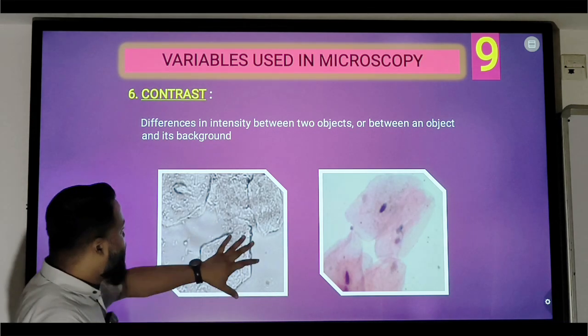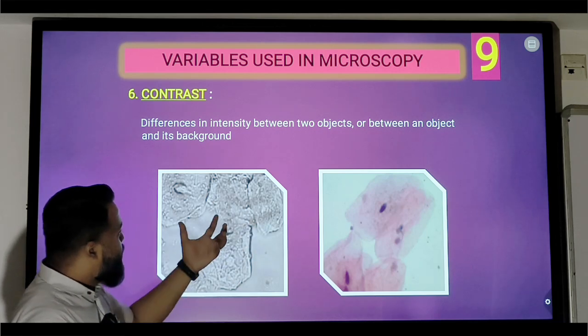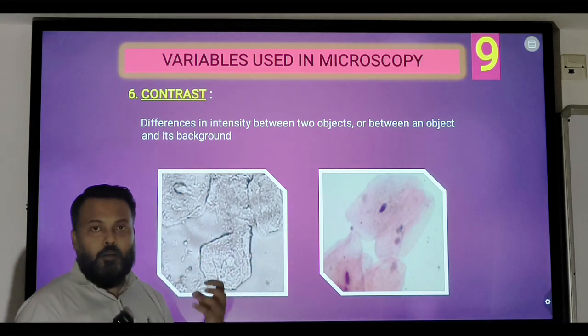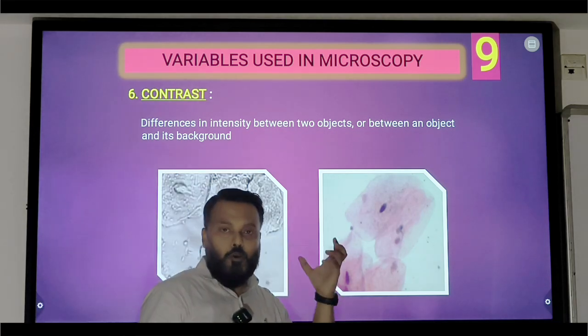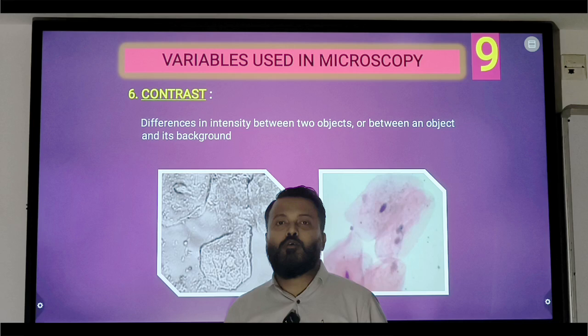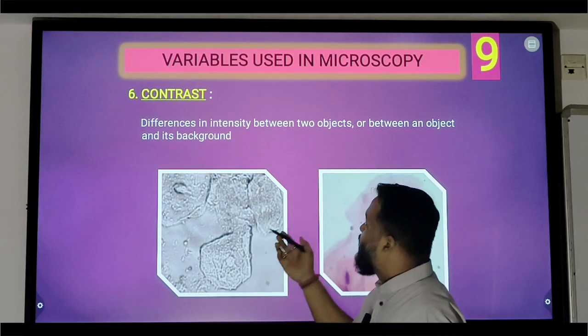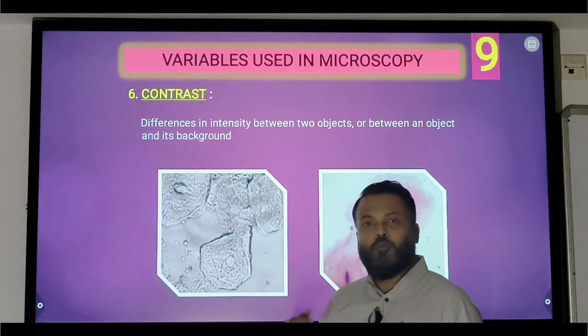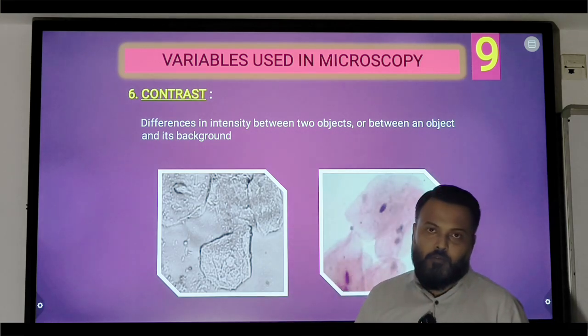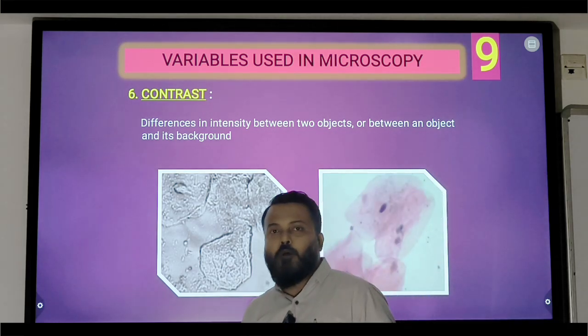So on the basis of the background, the object's intensity will be differentiated, on the basis of this contrast module. So this contrast is kept in microscopes in order to find out the difference in intensity between two objects, or between the object and the background. So this is all about the variables